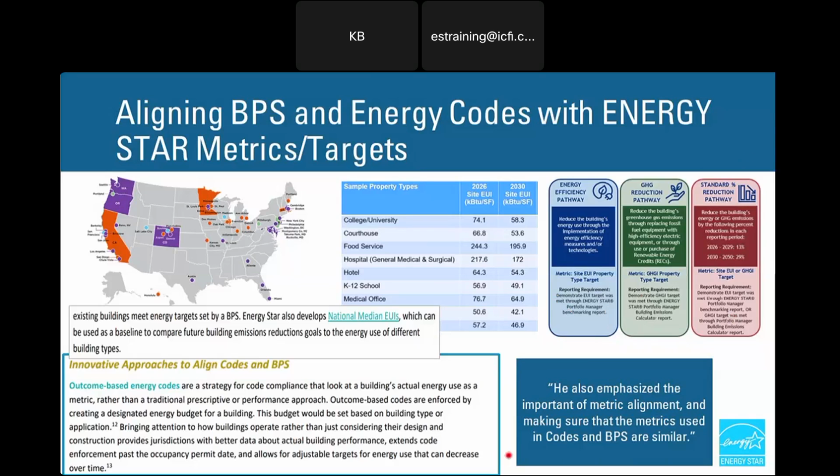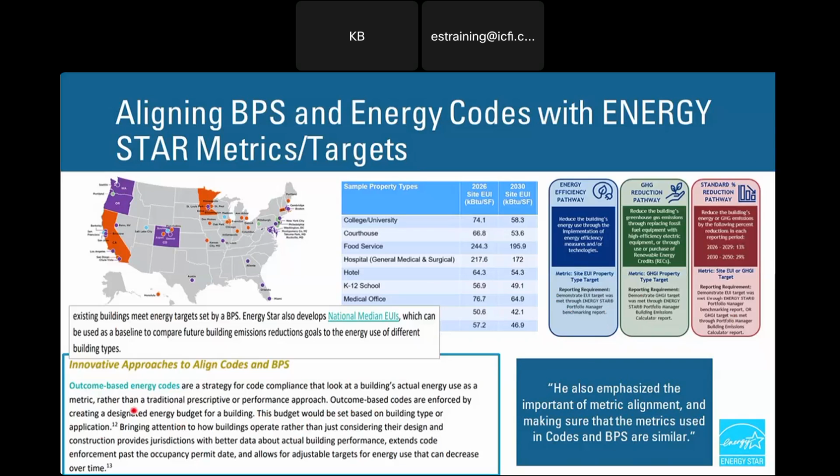And then this guy, he was a CEO, I believe this was out of Colorado. He also emphasized the importance of metric alignment and making sure that the metrics using codes and BPS are similar. This is what we're talking about. And then this one says